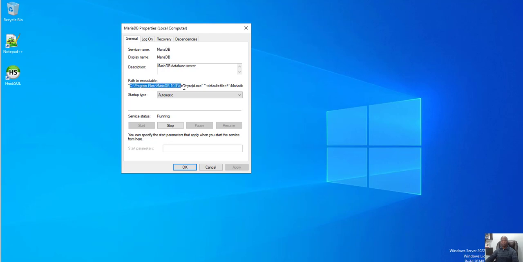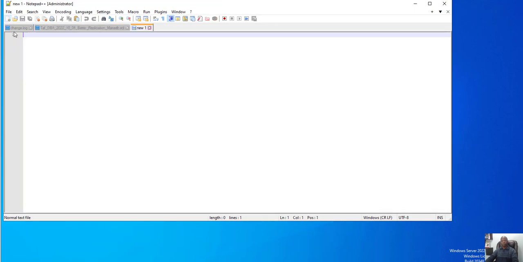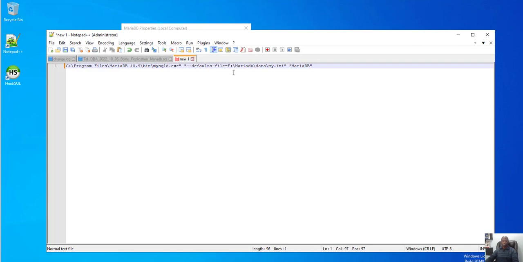Okay, Control C. I open Notepad, new, Control V, here. This is the default file we use when you want to create many scripts, when you want to launch MariaDB. Okay,